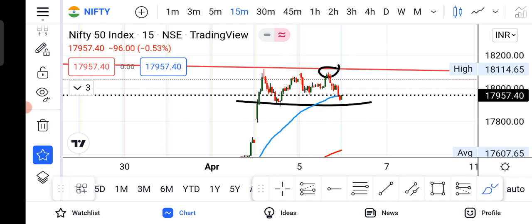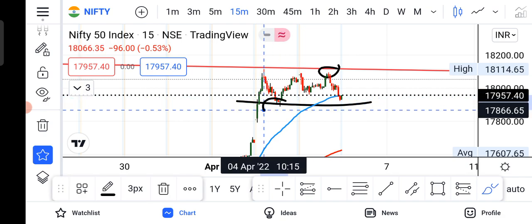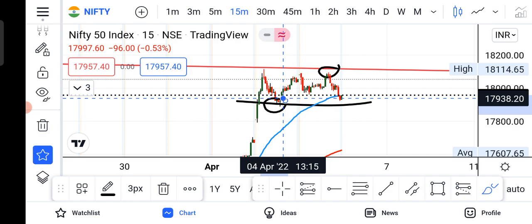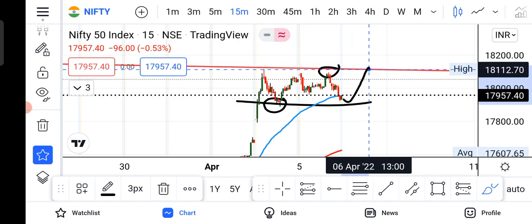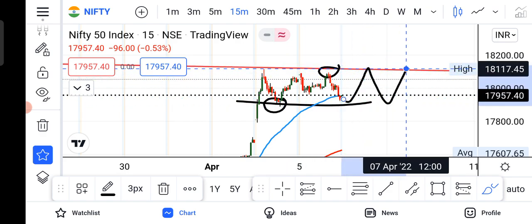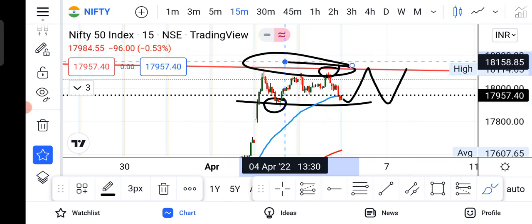Now, what if the market opens gap down? That I've already informed you. If the market opens flat, this key area will be holding importance, and there is a possibility that we can again see a range bound movement like this again tomorrow. If the market opens gap up, then nothing is to be done till the time this area is not broken, because this area is a long-term resistance trend line.